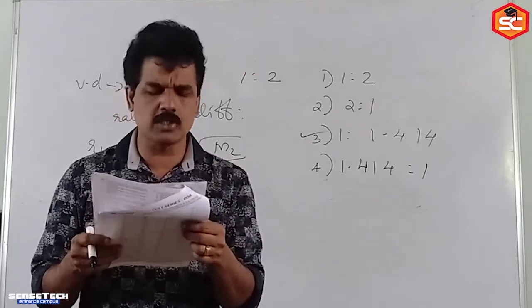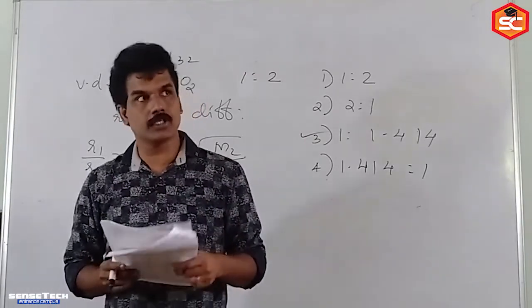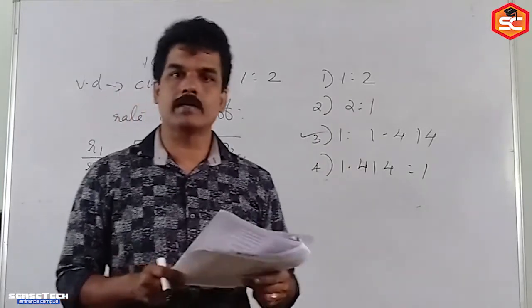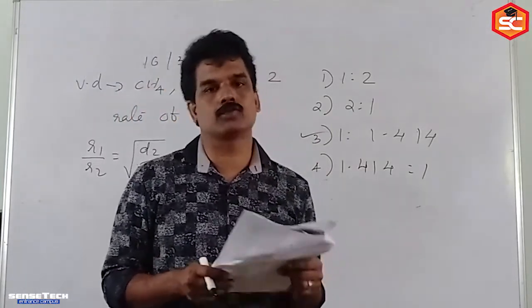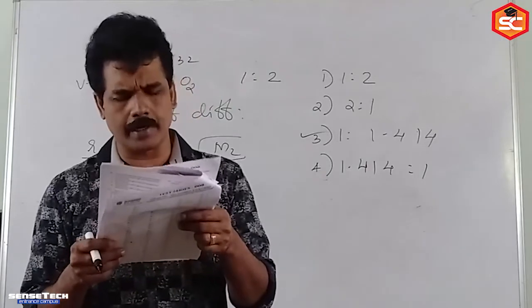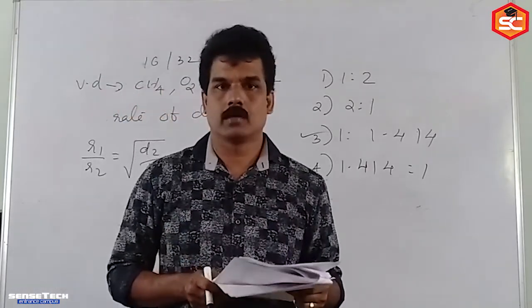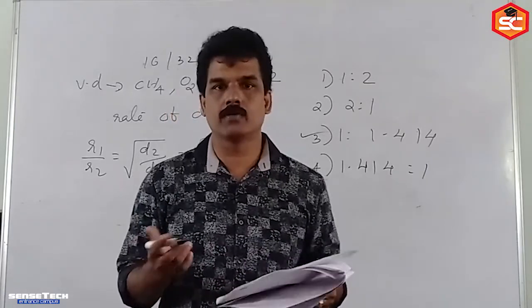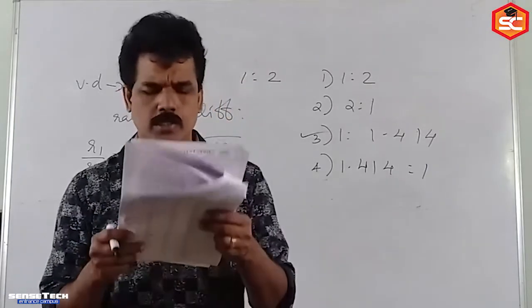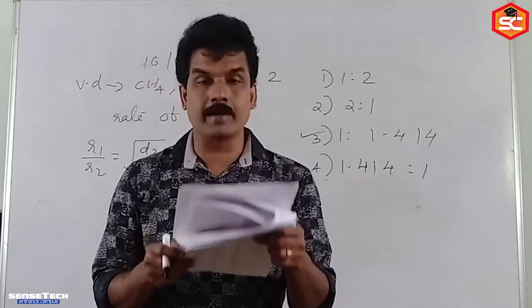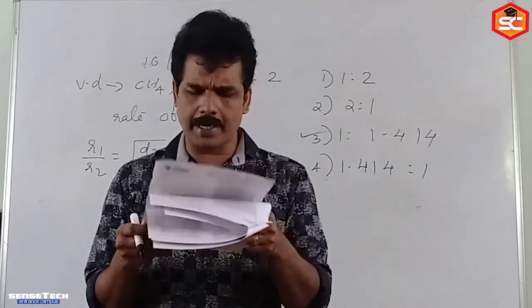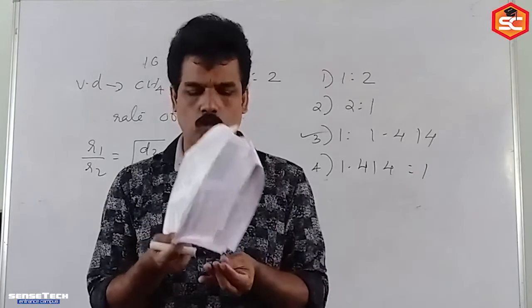See, first option given is what? Hydrogen and nitrogen. Is it room temperature hydrogen and nitrogen is combining? No. They combined at high pressure, high temperature and the presence of catalyst. Haber's process is studied. Hydrogen and chlorine, yes, they combined at room temperature. Sunlight is enough. Hydrogen combined with chlorine, we are getting HCl gas. Hydrogen and carbon dioxide won't combine at room temperature. Fourth one, hydrogen and oxygen won't combine at room temperature.